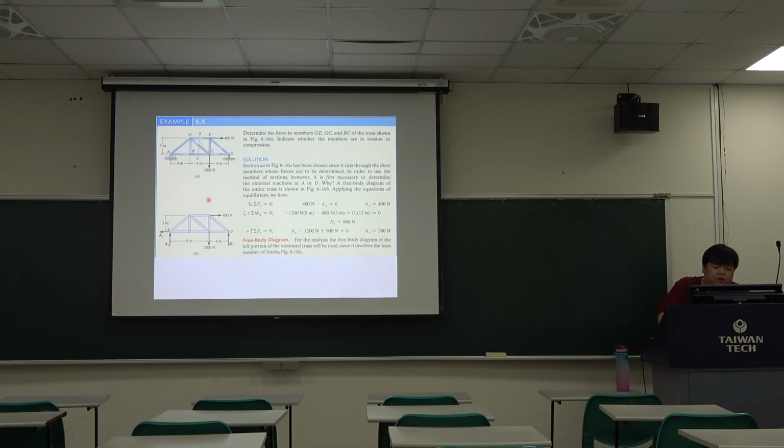Then we can draw a free body diagram first. Sometimes we can use the previous method, where we treat the truss system as one object. Then we can draw the free body diagram with only external forces. So we have the one pin support here, and the roller support here, so we have these three reactions. And we have the two forces here and here. So this is the previous method. We can draw the free body diagram of one object,